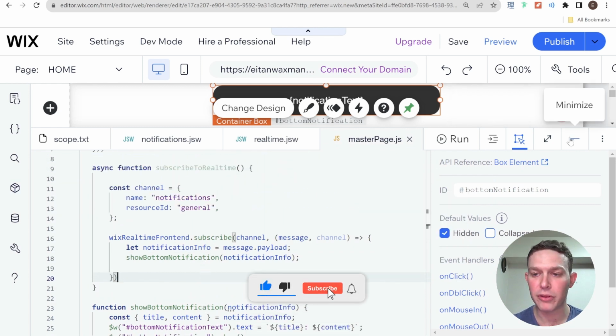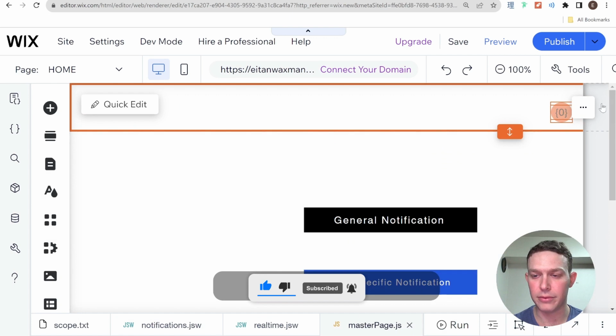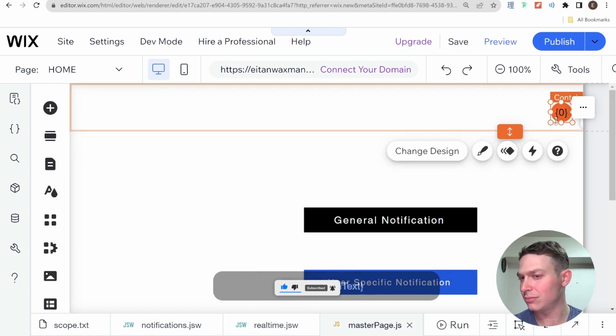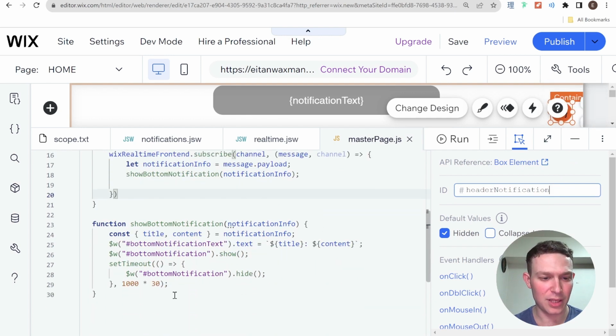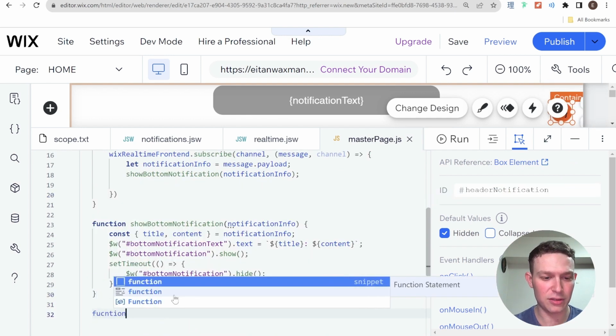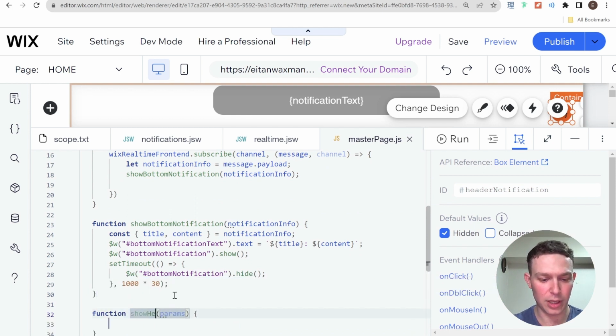And we're going to do one more thing, which is to show our top, let's call it header... what did I call the other one? Header notification. And yeah, that we're just going to be showing. So function show header